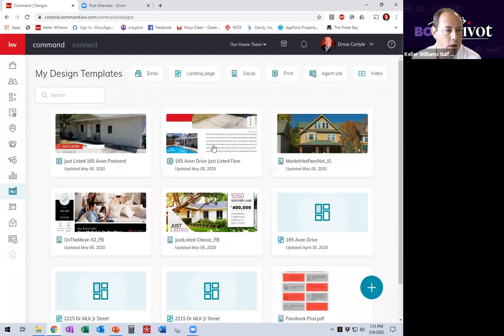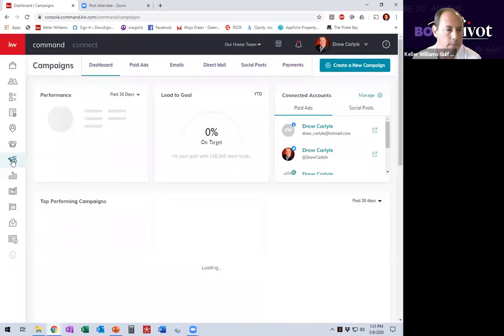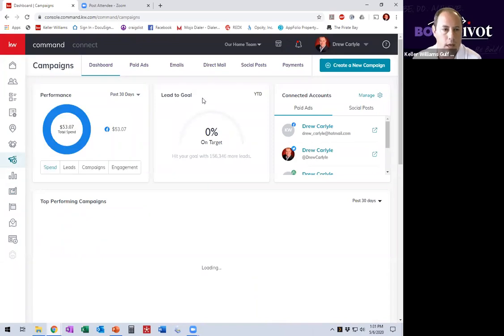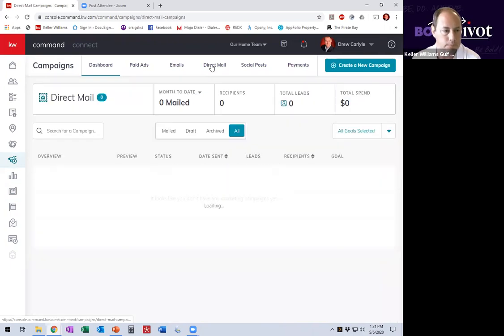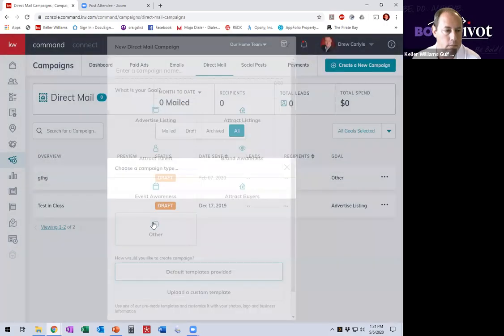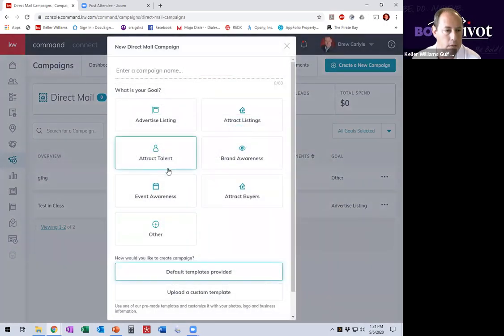Okay. And then I could jump over real quick just to show you. I'll jump over to campaigns really quickly because this is so cool, and I'll show it again when we get into campaigns. But if you jump to campaigns and go to direct mail, I can create a new direct mail campaign, and you can either design one by advertising a listing, whatever, or you can use default templates provided or upload a custom template. So I'm going to name this 165